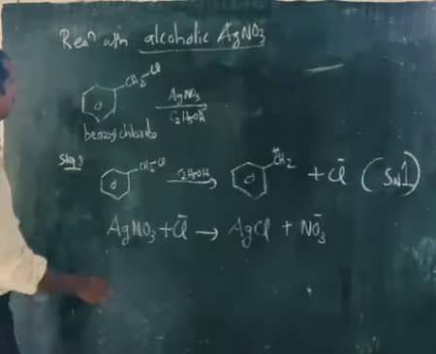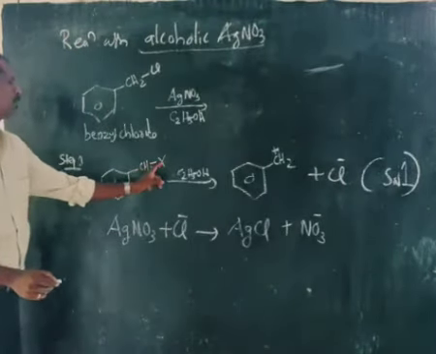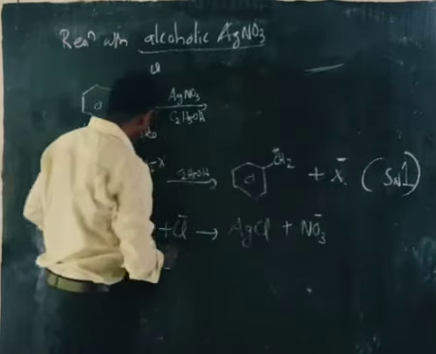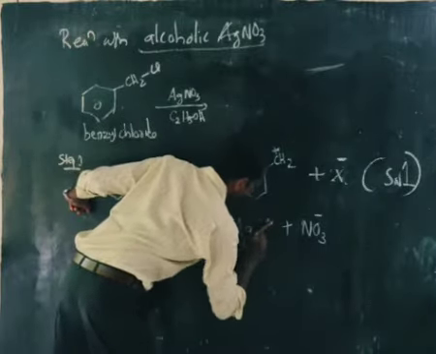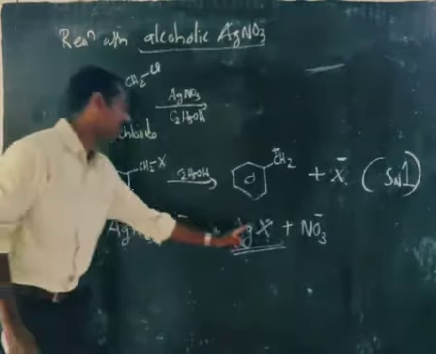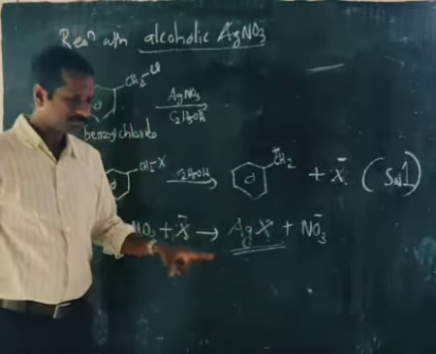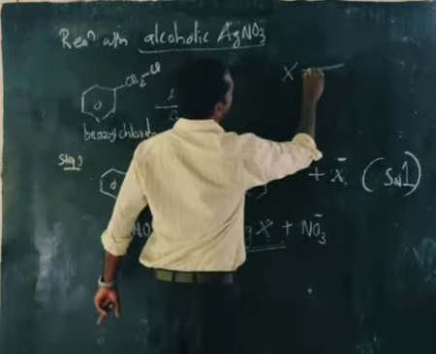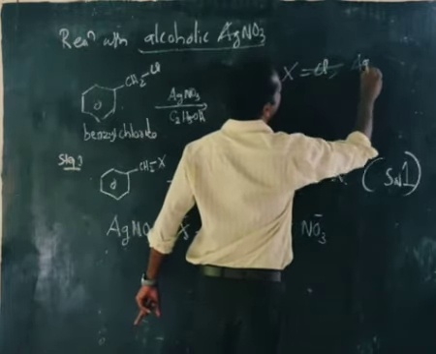And look at it here, instead of a particular example, if I am taking CH2X, X minus will be removed, and here you will get AgX. Let it be silver halide. We are getting a precipitate of silver halide. And suppose this X is Cl, then what will form? Ag